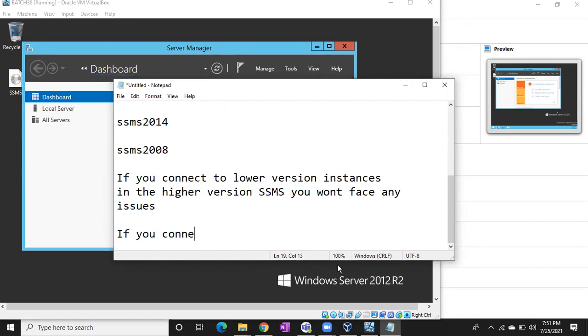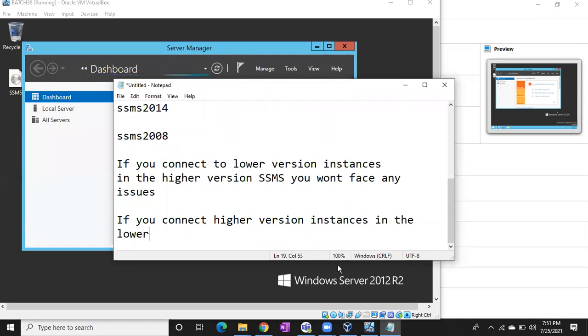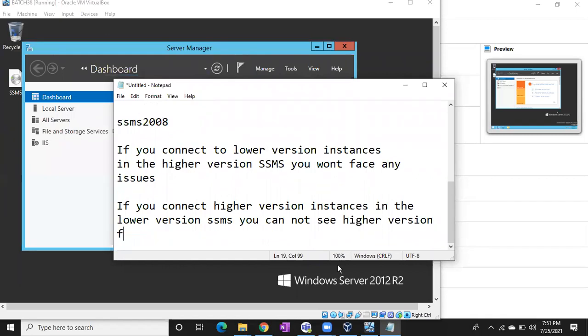If you connect higher version instances in the lower version of SSMS, you cannot see higher version features like Always On in the lower version SSMS. Is it clear? Any doubts, any issues?